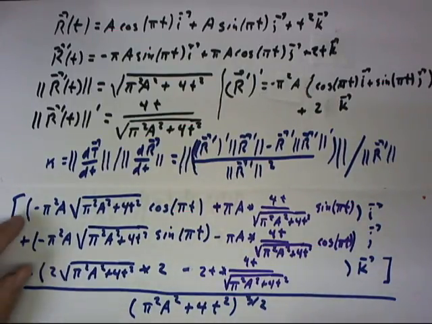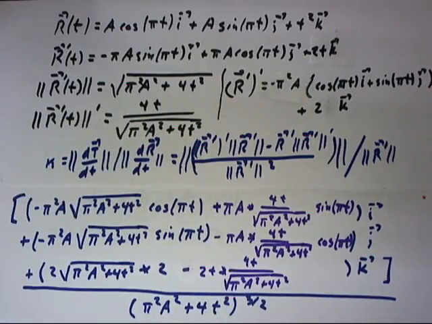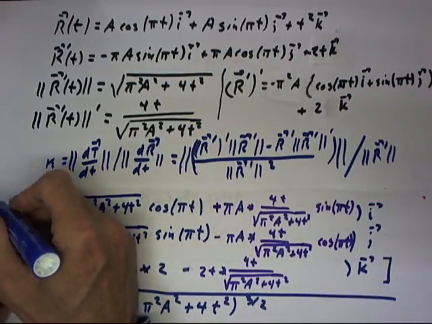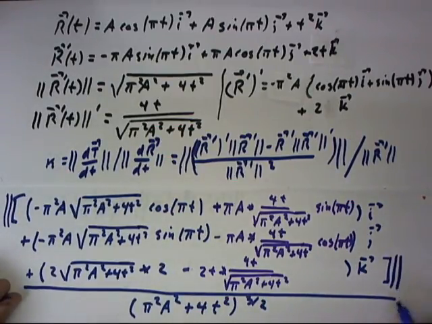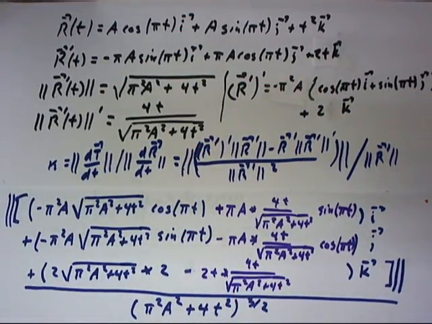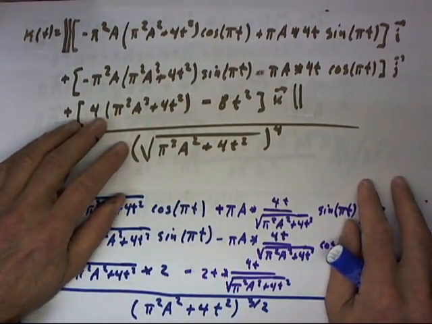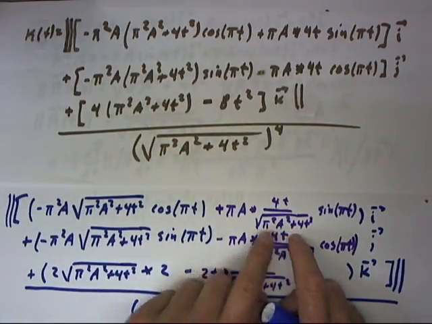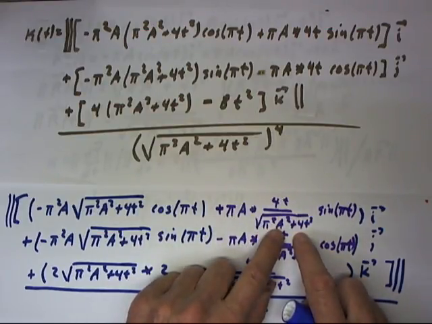In the preceding, I believe I failed to put absolute value signs around this result. So I'm going to have some redundant signs of grouping, but let's go ahead and put absolute value signs around this. Now, if we multiply through the numerator and denominator by this denominator, square root of pi squared a squared plus 4t squared,